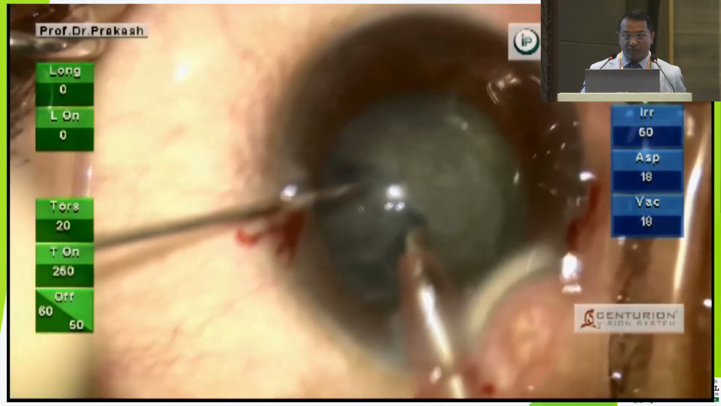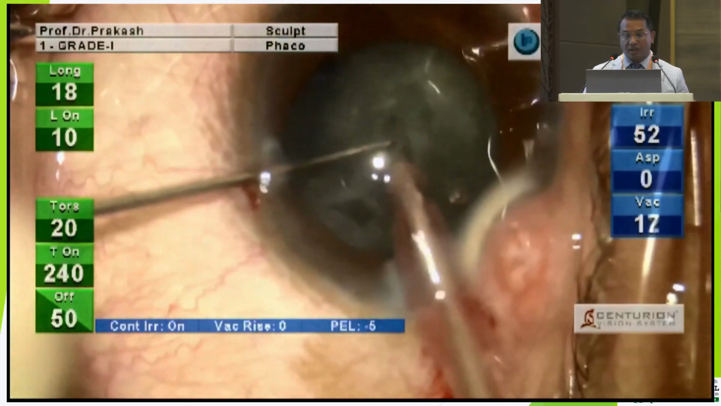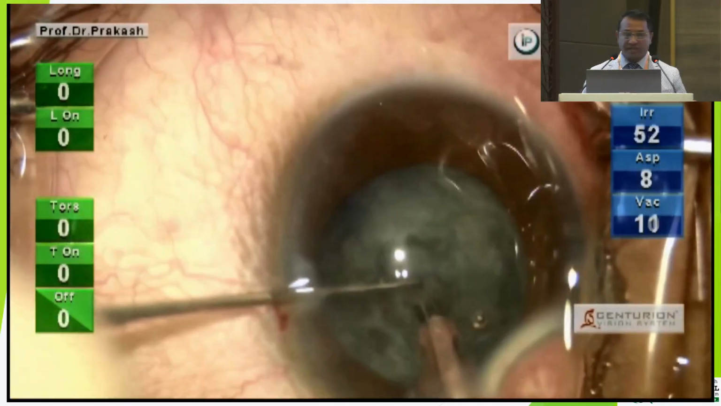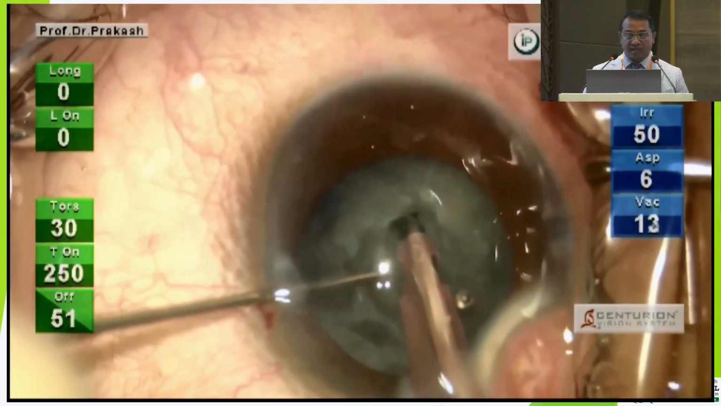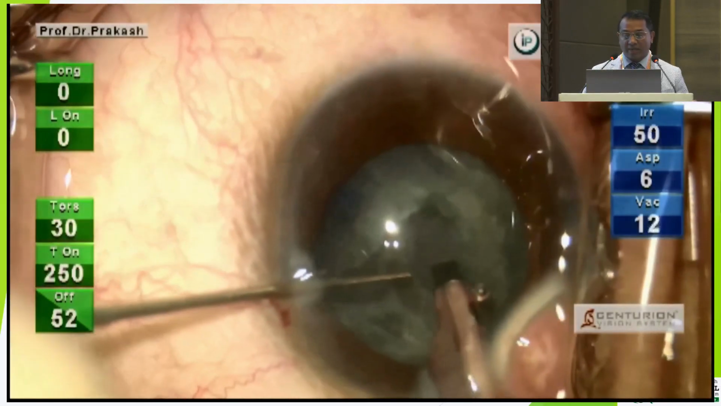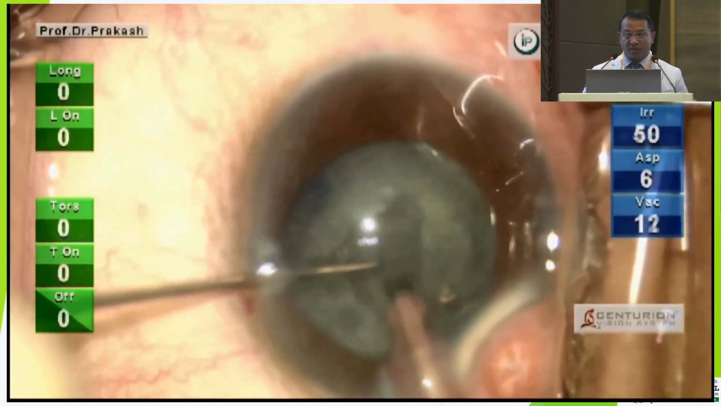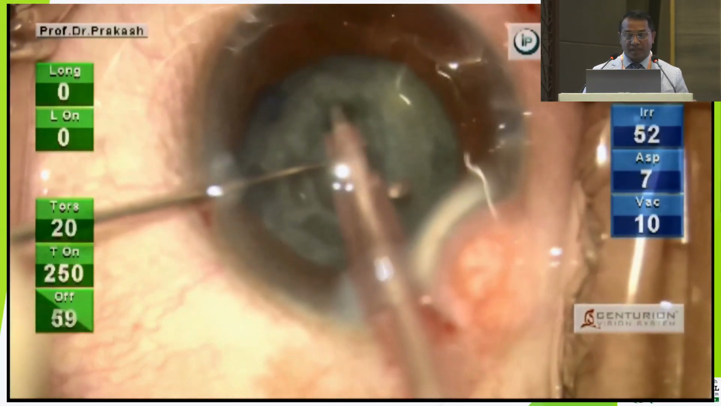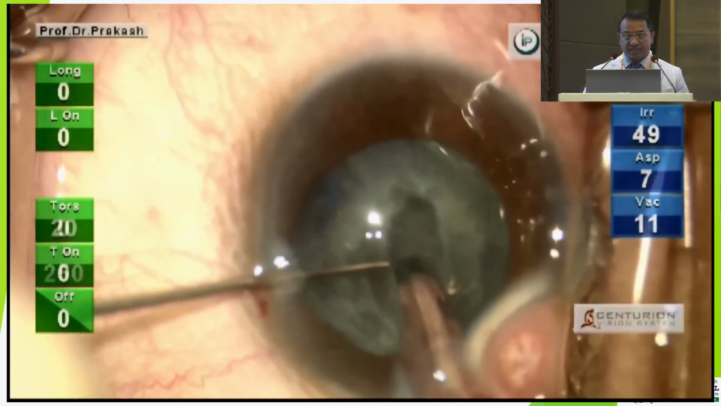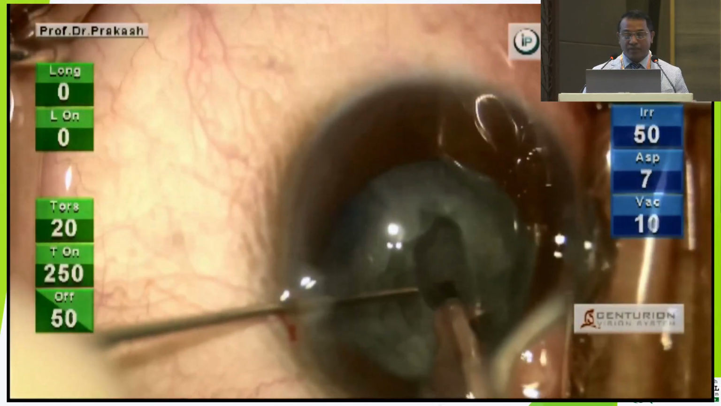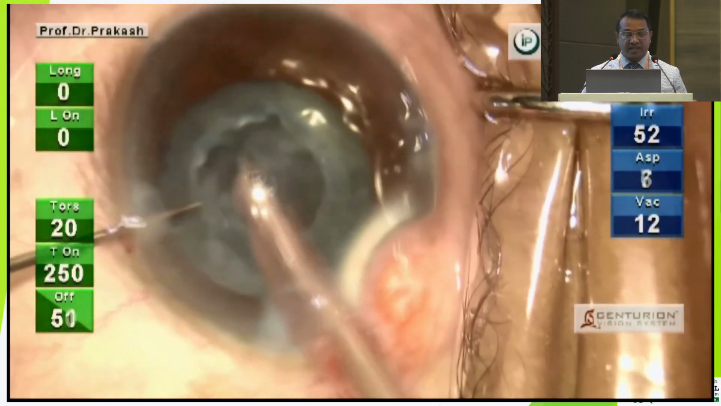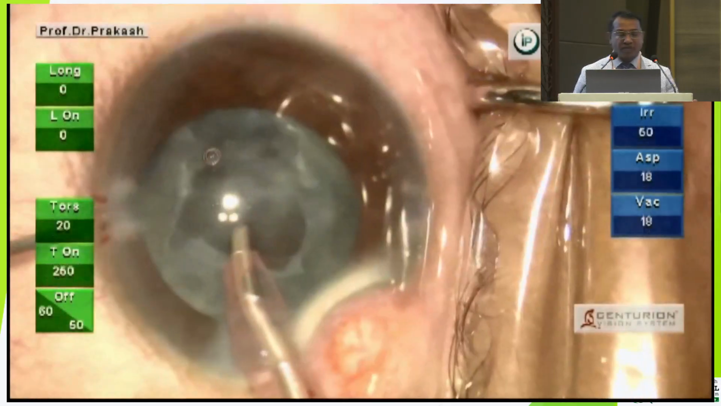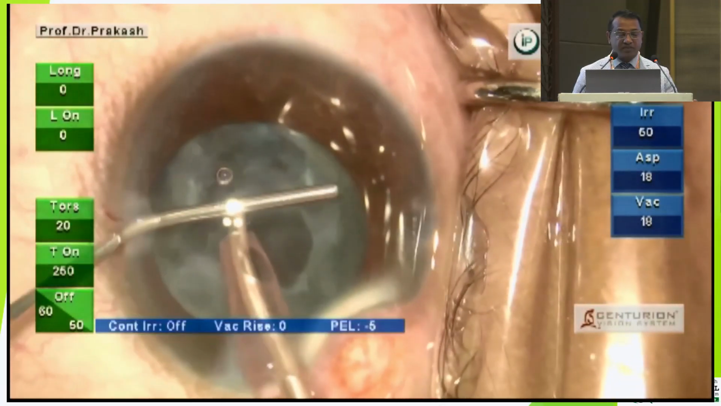So I go ahead for the sculpting, and note here my bottle height is very low, infusion flow is very low to avoid undue pressure on the capsular bag and to take care of the remaining zonules. And my corresponding aspiration flow is also very low, only 18 cc, and vacuum also 18 millimeter mercury. And the sculpting is going on, and usually my preferred technique is a four quadrant nucleotomy,